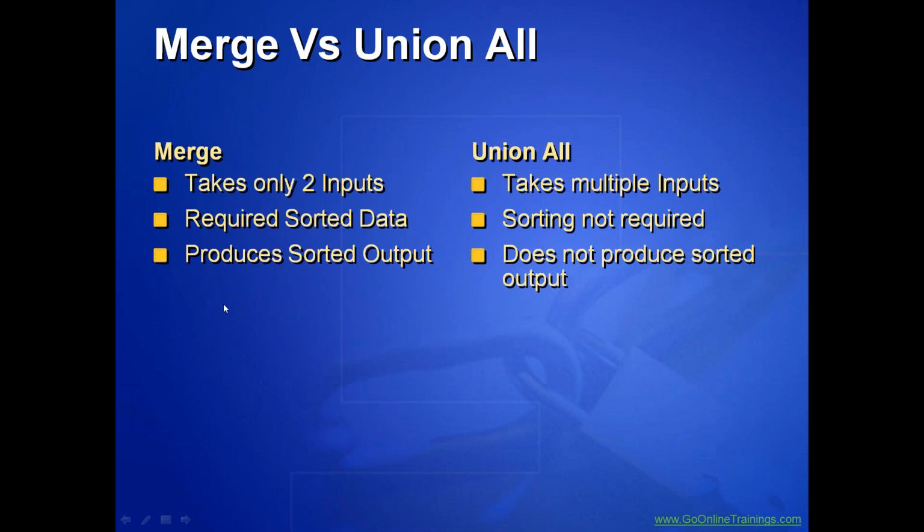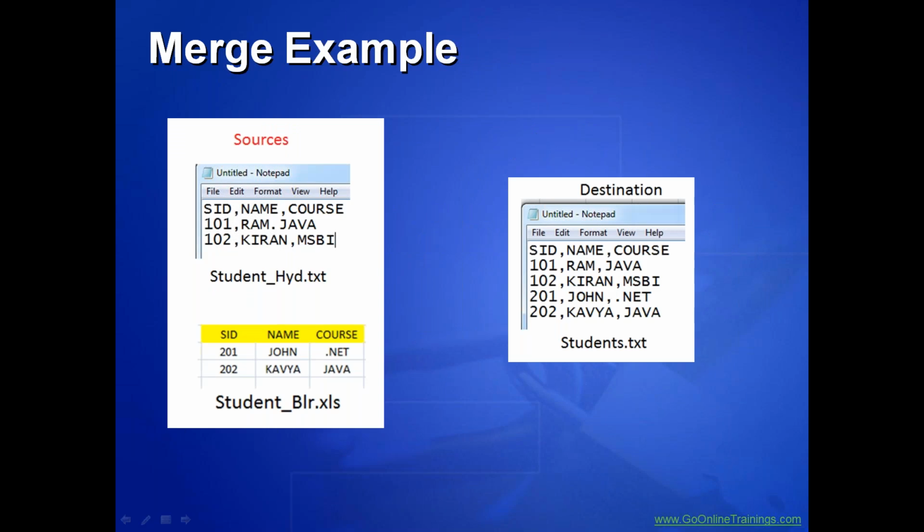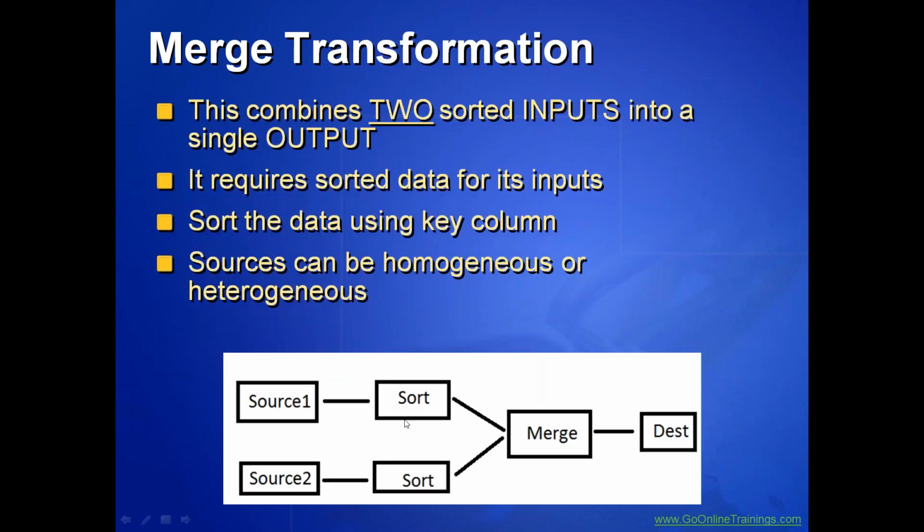So merge is slow. Why will merge be slow? Because if you don't have sorted data, you have to sort the data and then send it to the destination. Sorting is a blocking transformation. When source one has 1 million rows and source two has 20 million rows, and you want to merge these two,